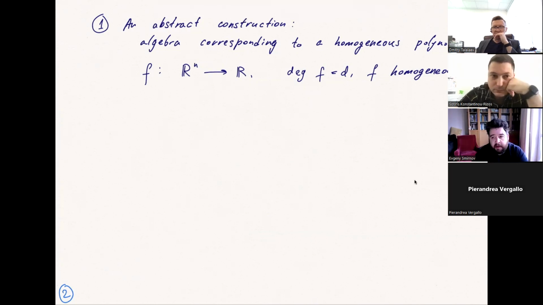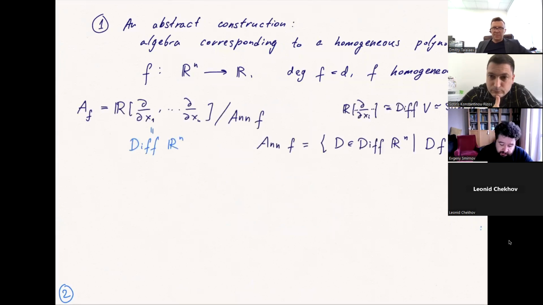I can replace it by any field of characteristic 0, but I'm going to write partial derivatives, so I prefer to stick with R, and that really doesn't matter because everything is going to be polynomial. So if you like working over Q or even over Z, things will mostly work without change. So let me start with such a polynomial. And starting from a polynomial, I'm going to construct an algebra, which I denote A sub